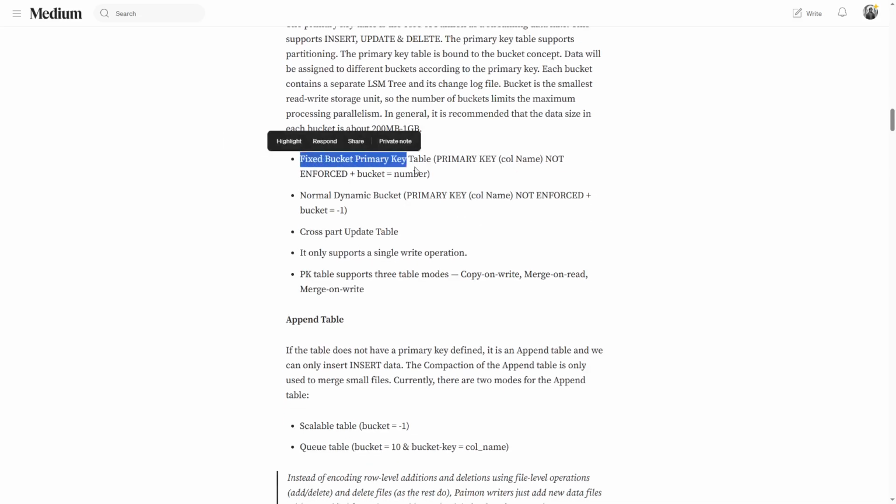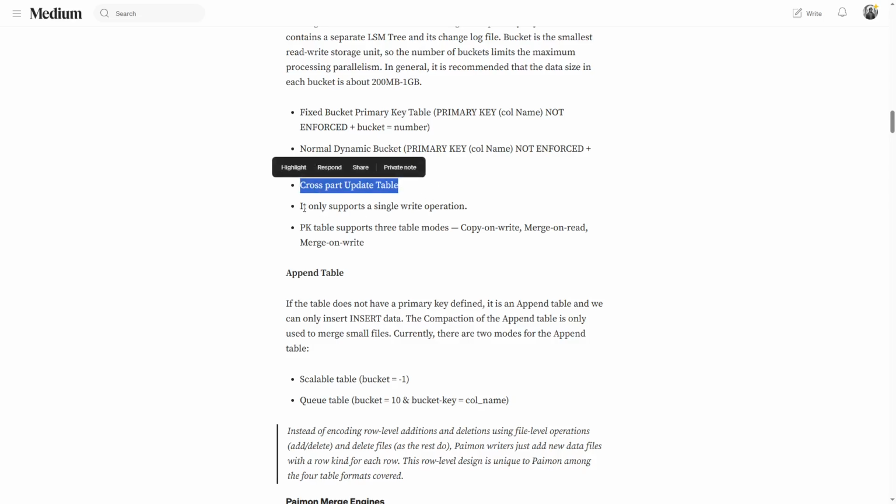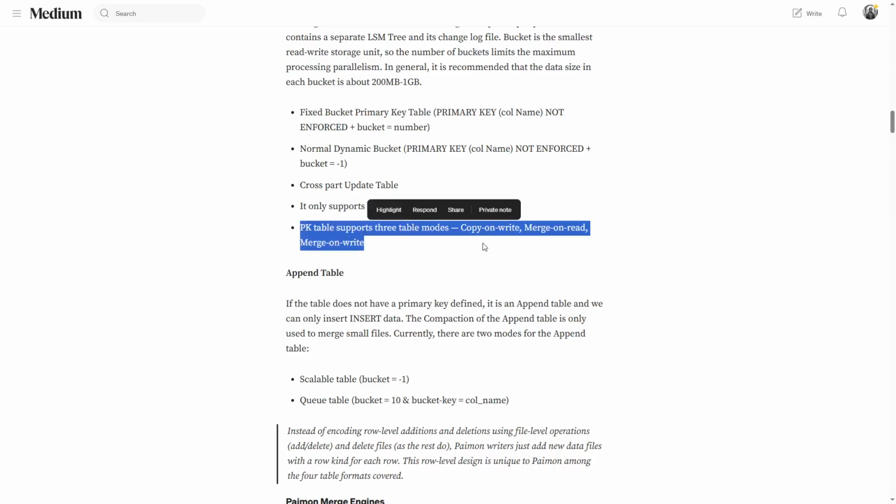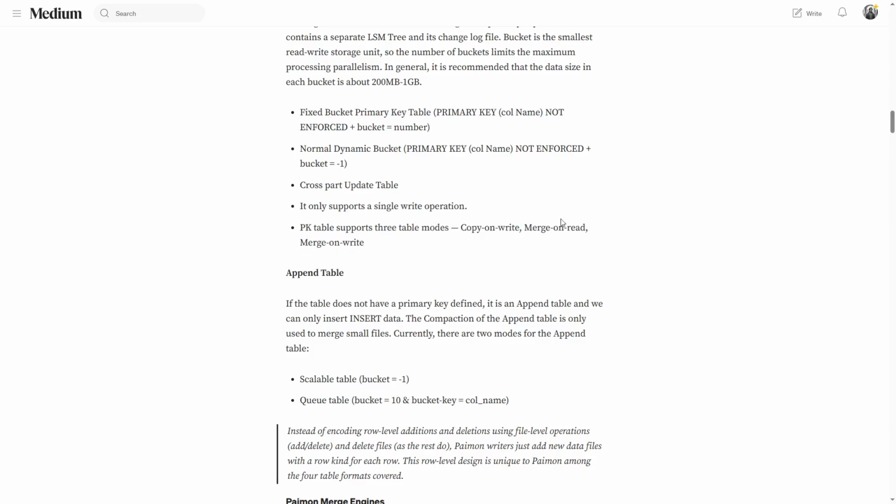So the fixed bucket primary key table has the primary columns and partition info plus bucket number, that is what we call a fixed bucket key. Then we have the normal dynamic cross-partition update table, and a few others. For example, the primary key table supports three table modes: copy on write, merge on read, and merge on write. So these are three different ways in which we can support